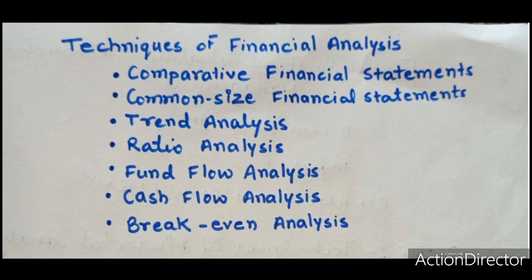how business activities are financed, and how the financial resources of the business are being used. According to Fogg, a statement of sources and applications of funds is a technical device designed to analyze the changes in the financial conditions of a business enterprise between two dates. The next technique is cash flow analysis.